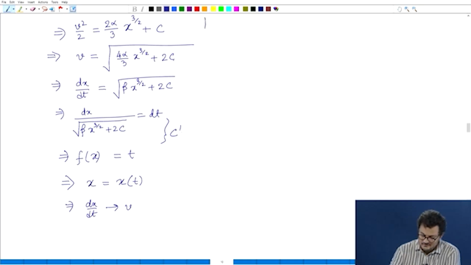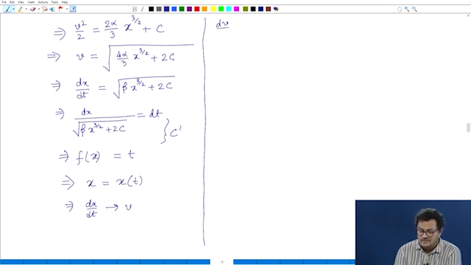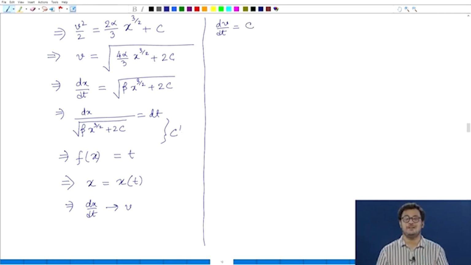Let us say I have a case where this dv by dt is a constant. Let us say the force is non-zero, but it is constant. Then what happens? Can I say something about its trajectory or something like that? Okay, let us start with the simplest one. If